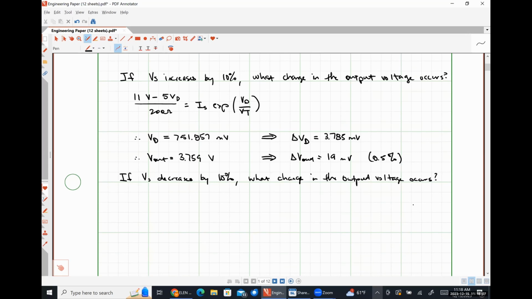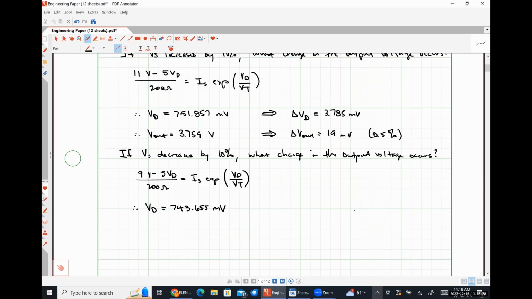So same relationships, except we're going to replace that 10 volts with 9 volts. So we'd have 9 volts minus 5 VD over 200 ohms is equal to IS times the exponential of VD over VT. Solving this system, we get VD is equal to 743.655 millivolts. And so our diode voltage changed